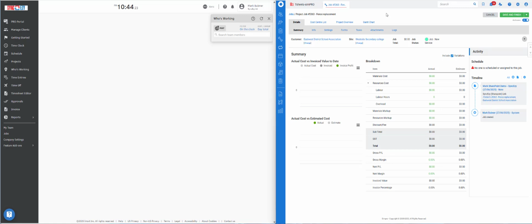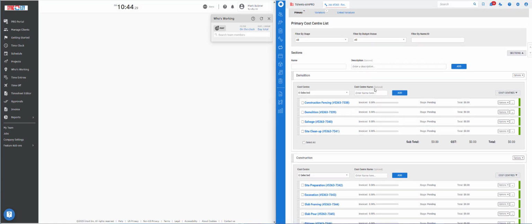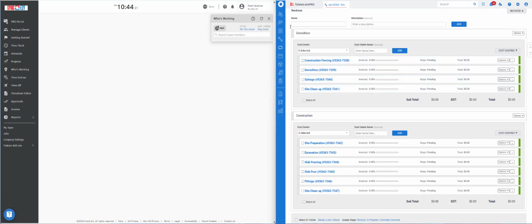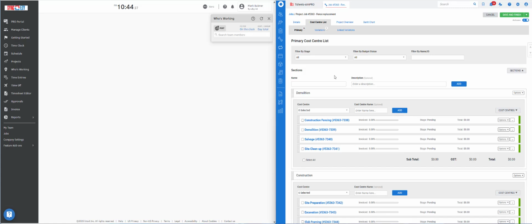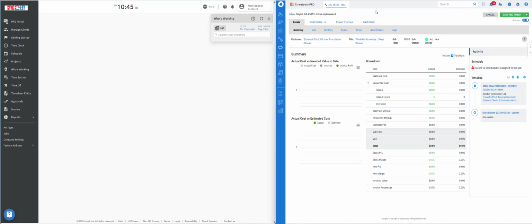As part of creating a job within Simpro, you'll create the cost centers, which will sit either within different sections or within the same section. And later on during the job, you've got the ability to also add variations. When the job is created, these will automatically sync across to QuickBooks Time, but if you'd like to push them